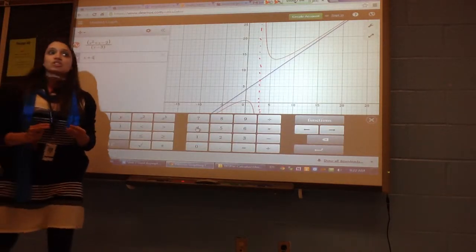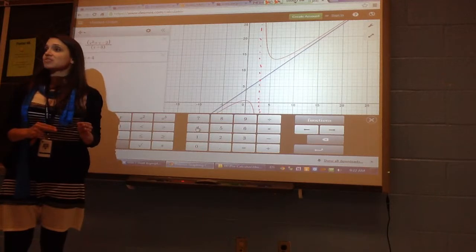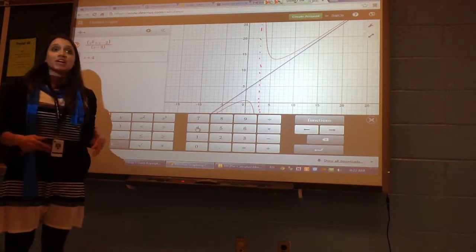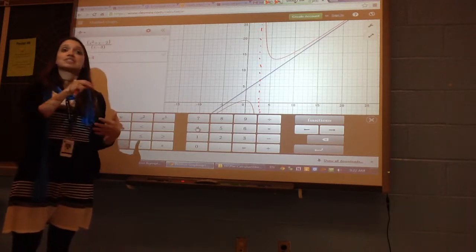On 2 of your test questions, you will not have a calculator. So you're going to have to be able to create a table and connect the dots and sketch this graph